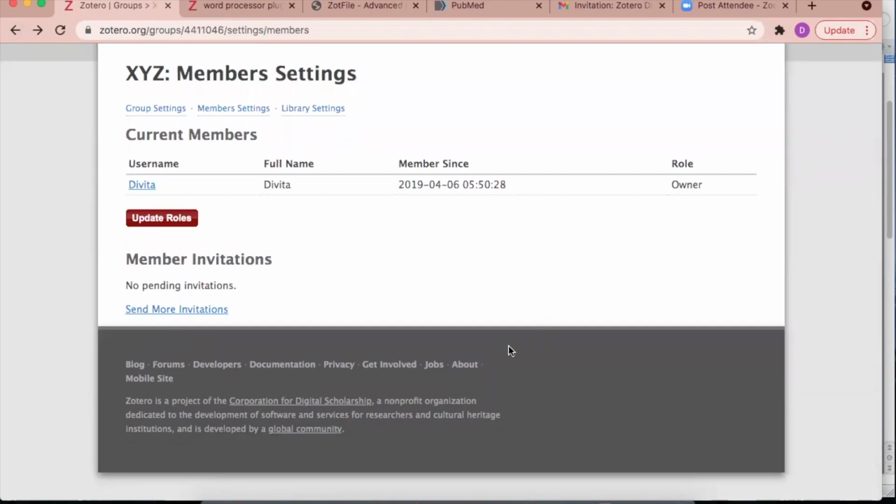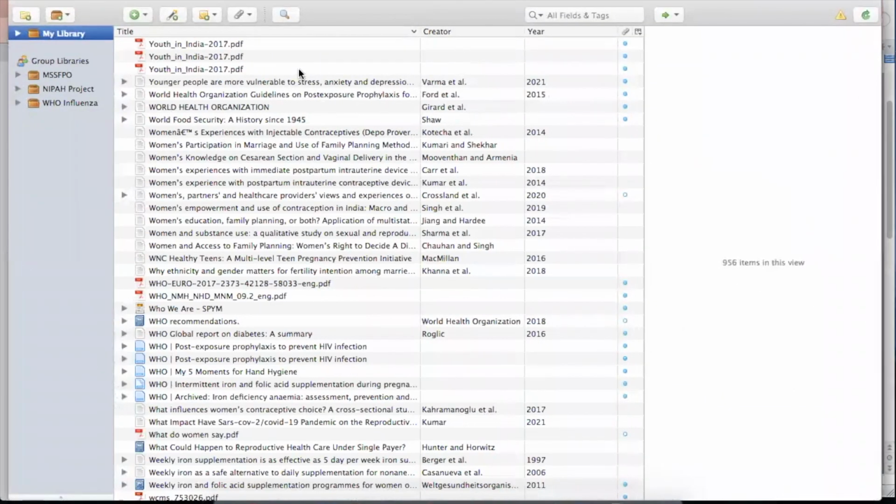Now, once Zotero is installed, Zotero will look like something like this, the Zotero software. It will be installed in your computer, and you can see all your collections. If you'll be downloading it for the first time, then it will be blank. It won't contain any articles. It won't contain any library or any collection materials here.